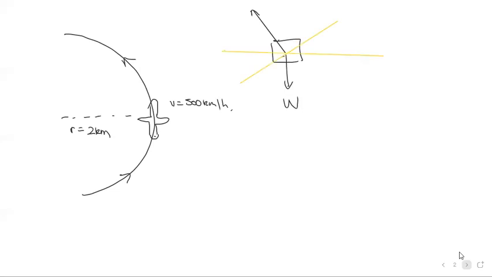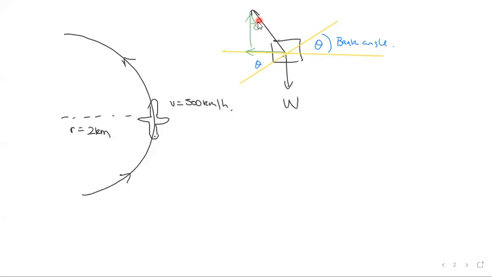So this is your bank angle. Now, the bank angle theta is what we're trying to find, is going to also equal this angle here, which means, of course, if this is theta, this is 90 minus theta, so this is theta up here,